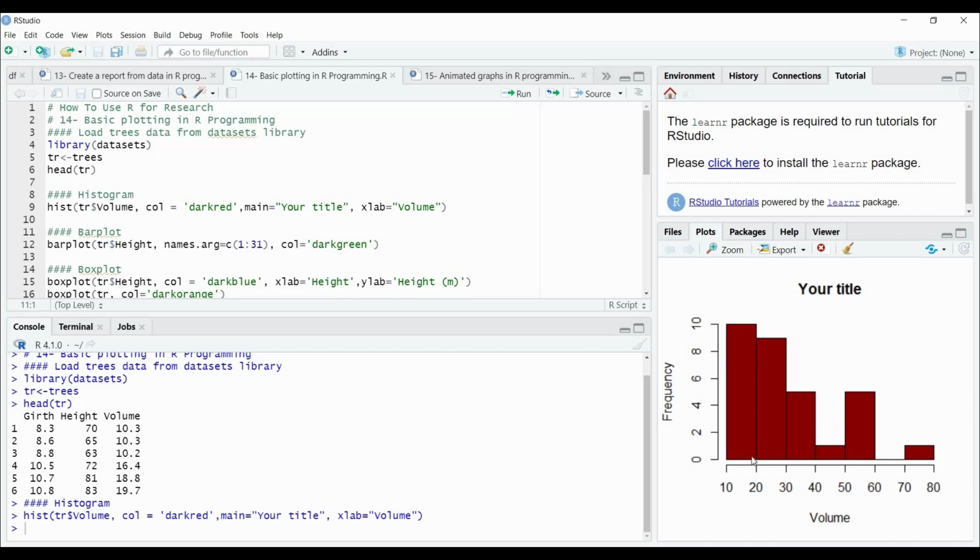Histogram. To display the distribution of data, we can use the hist function, and the data is the volume column in the tr data. Set the color, let's say dark red. Main, the title, is any title. Xlab is volume, and in y we have frequency, how many times each value is available. The histogram displays how values are distributed, like a bell,